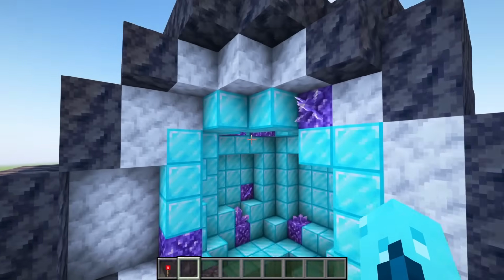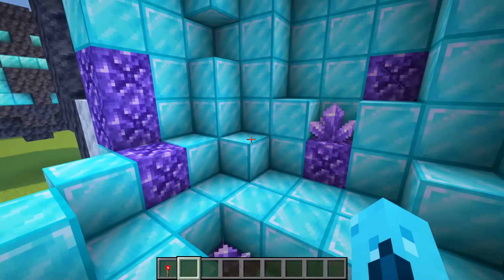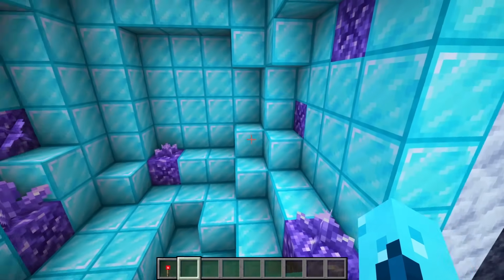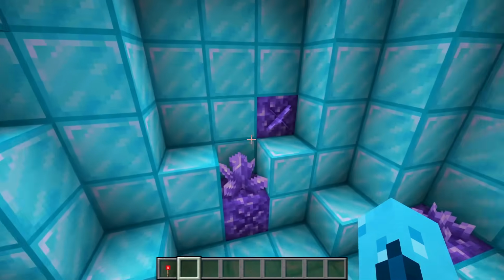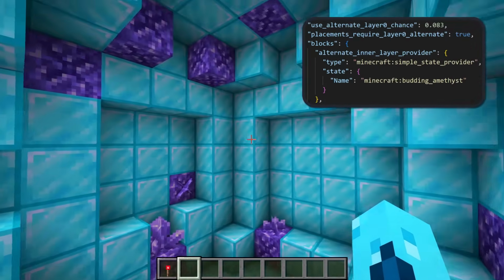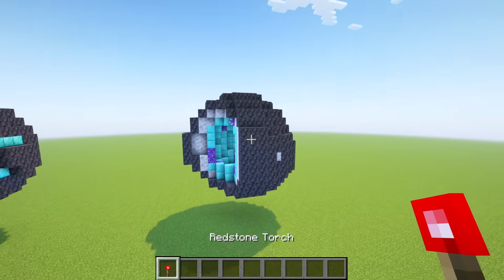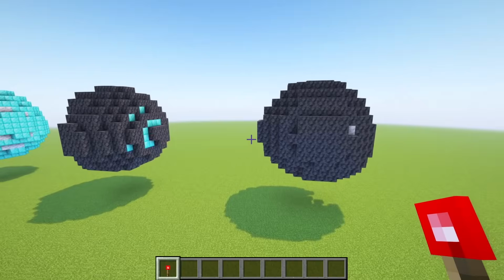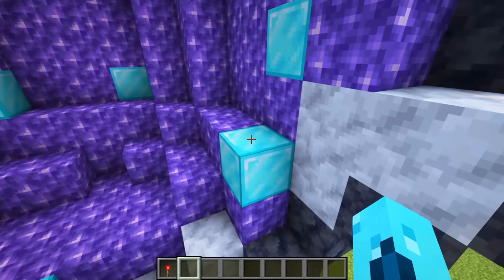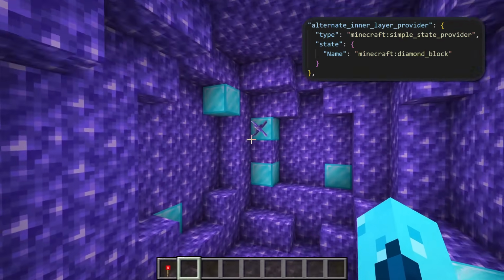I've changed the inner layer to just be this diamond block, but the budding amethyst has remained. And the reason that it does this is because the geode has the opportunity, and specifically amethyst geodes take advantage of this opportunity, to make these inner placements, as they're called, these amethyst crystals, generate on what are called these alternate inner blocks. And we can change just those as well. If we break that and place a new one, let's go around to find the crack. And I've replaced only the budding amethyst blocks now with these diamond blocks,